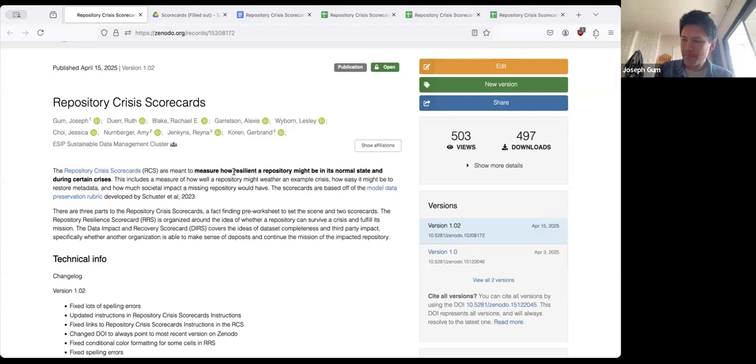In the context of trying to preserve data sets, trying to figure out what data might be at risk of being lost, we wanted to take a slightly different tack and look at which repositories might actually be more susceptible to suddenly having to cease operations for whatever reason. You can see all of our co-authors and then generally the cluster for everyone that's helped with this so far.